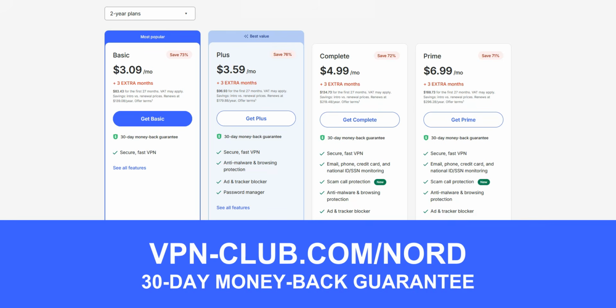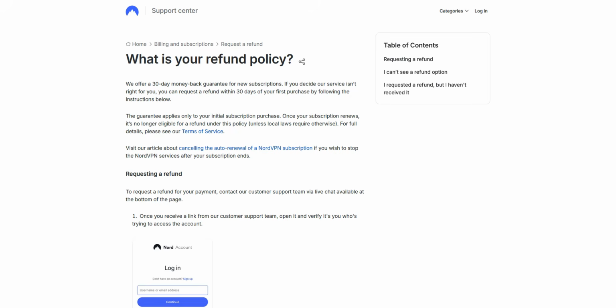in full. So the process is simple: create your account, download the app, install it on your devices, and start using the VPN. Then, if you decide not to continue, just ask for a refund before the trial period ends. To cancel, all you have to do is contact NordVPN's customer support team and request your refund. The process is quick and easy, and if you end up liking the service, you can simply keep your subscription active and continue using it. The whole idea behind the guarantee is to let you test NordVPN with zero risk and see whether it meets